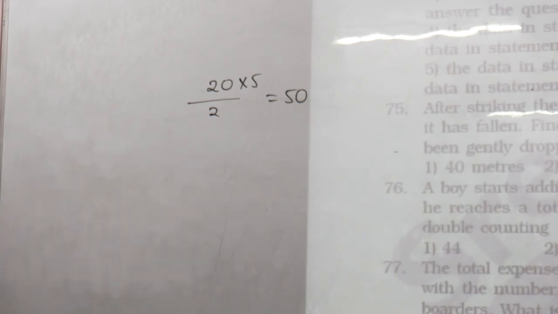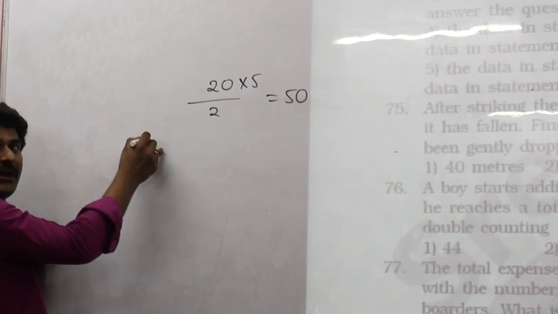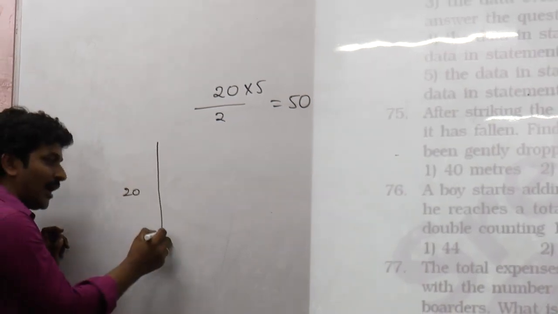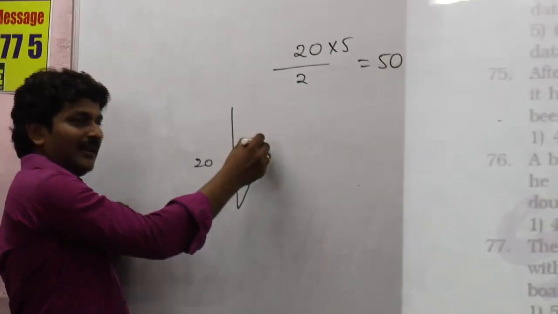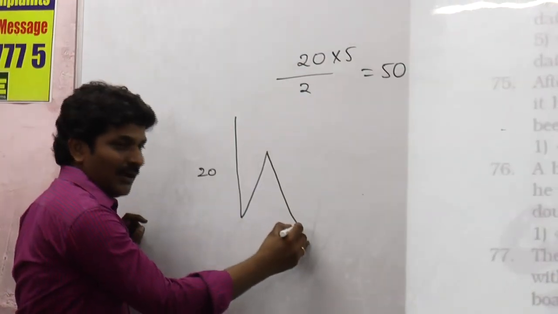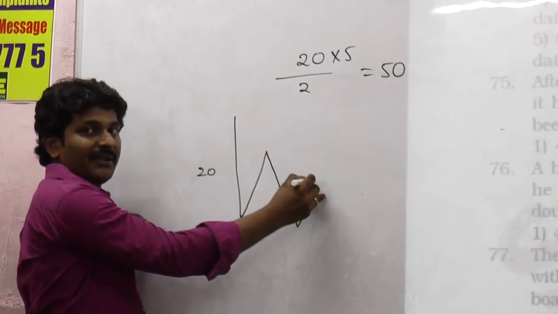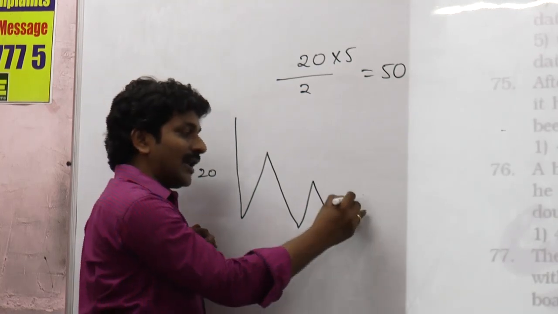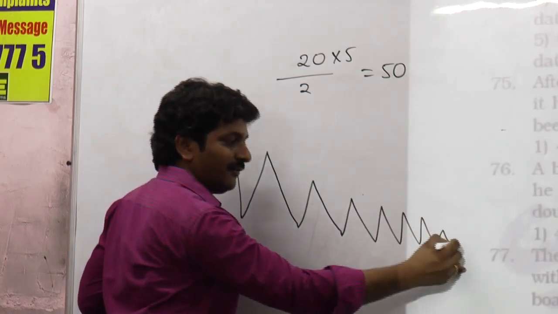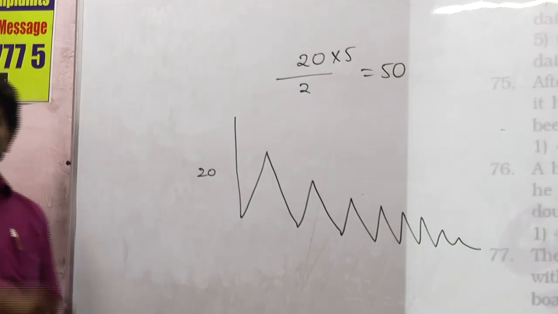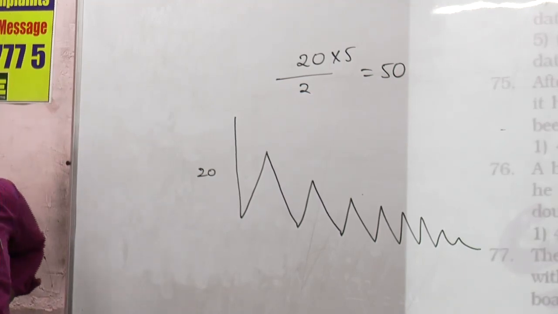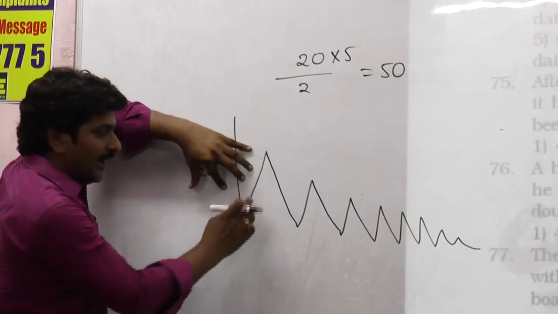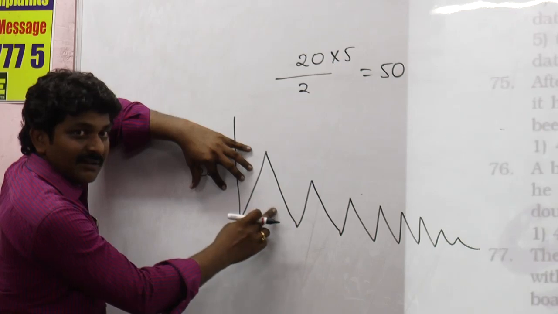But when you understand the question, from here we are dropping the ball. This is 20 meters and it comes to 3/5 height and again will reach the ground, and again from here it reaches 60% of the height, 3/5, and again it will come to ground. So like that it forms a wave kind of graph here, and then after some time it will come to a stationary position. Now apart from the first one, every time it is a multiple of 2 lines, right?